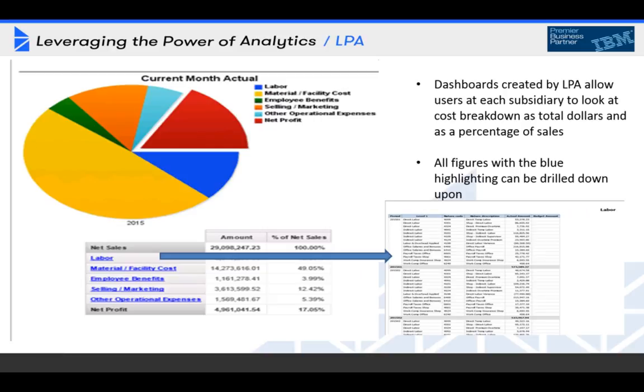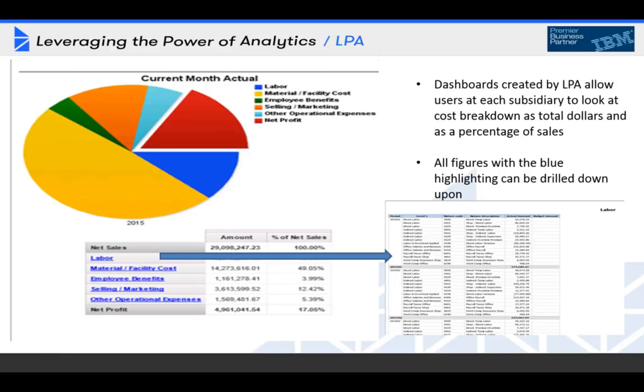Another example of a different type of information for manufacturing. Here we're looking at allocations, financial information summarized into high-level cost categories. For this particular industry, labor cost is a huge amount of net sales. So here we clicked on the graph up top, which shows us